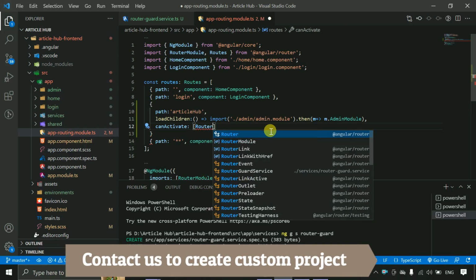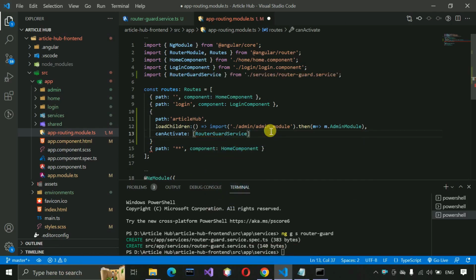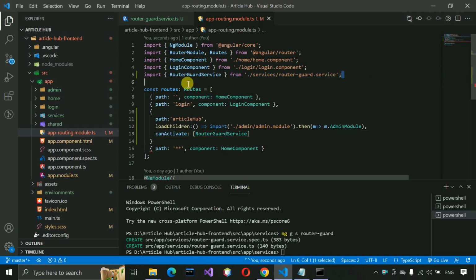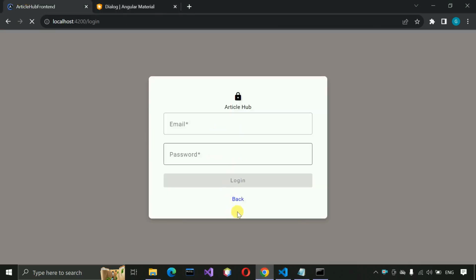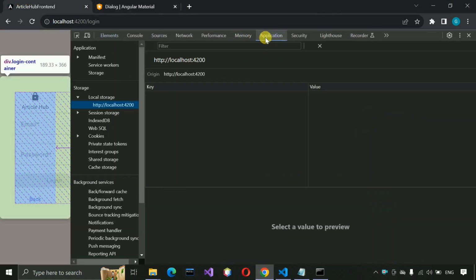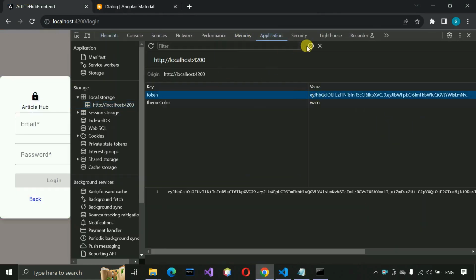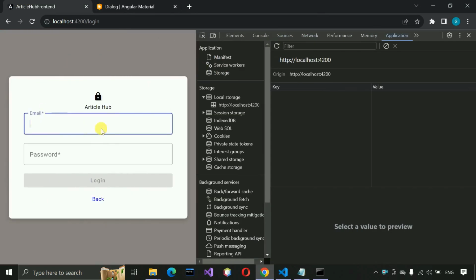So I'm going to route guard and guard services. So you can see it has been imported from here, and here let me put a comma over here and save this. So now we are going to open our UI, and I'm going to inspect. I'm going to application. I'm going to remove this token